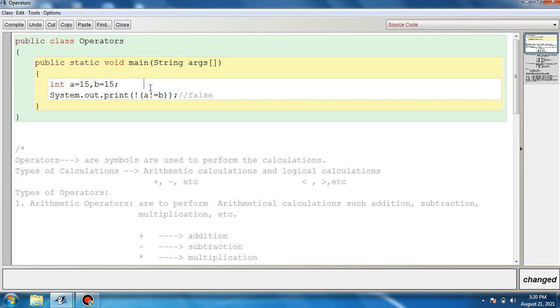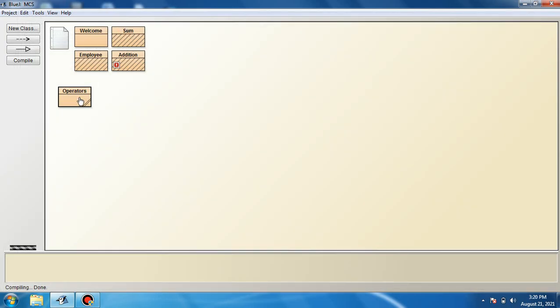So definitely this relational operator, not equal to, will result in false, but outside it we have used the logical NOT operator, so this false will be changed to true, so the final result will be true. Remember this. Why? Because true will be changed to false, or false will be changed to true. That is what the NOT operator does.